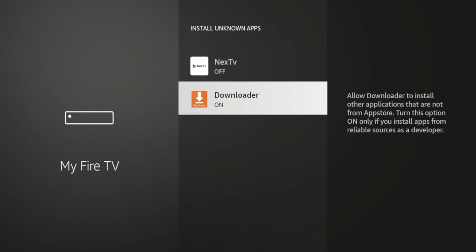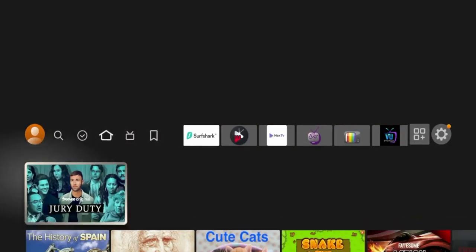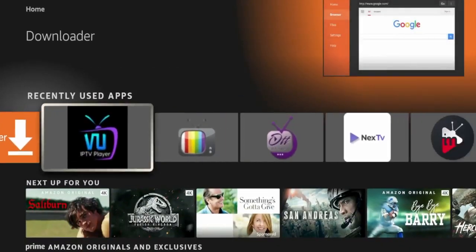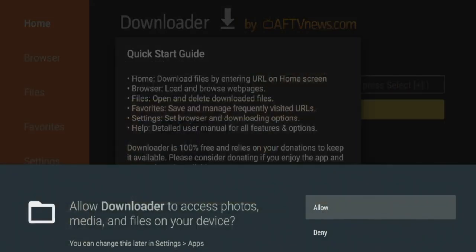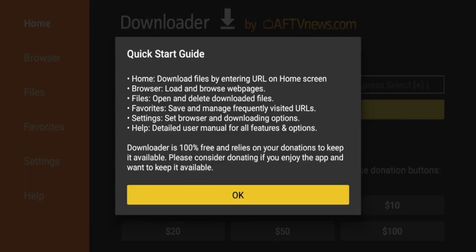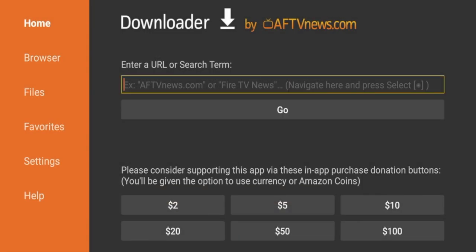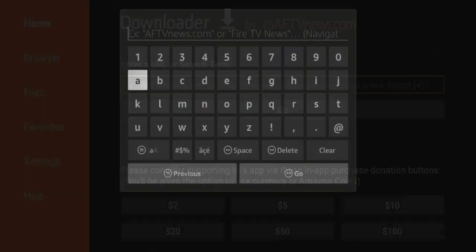So now I'm going to click the Home button on my remote, and if I scroll down under Recently Used Apps, you should see Downloader right here. Go ahead and click that to launch it. Click Allow, click OK, and then once you are on the home screen of Downloader, click this search box here,